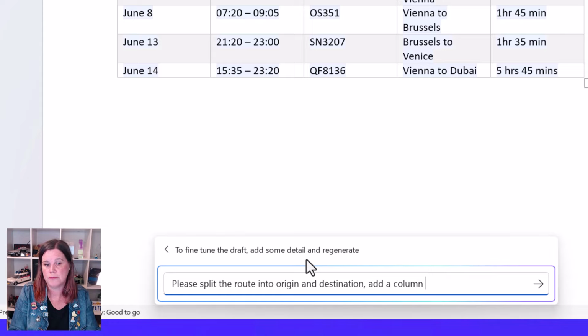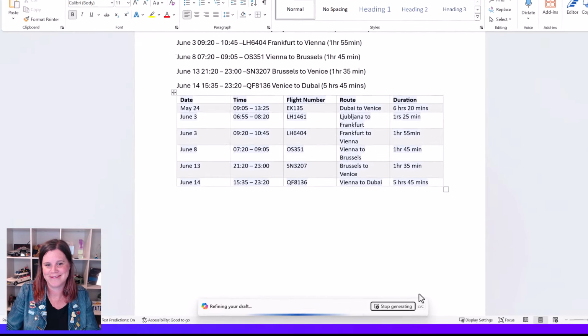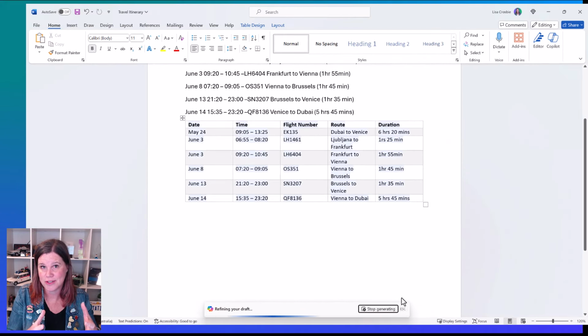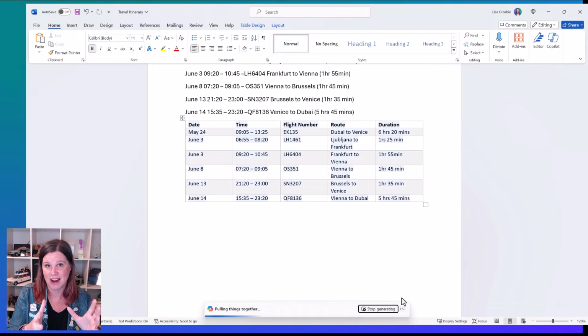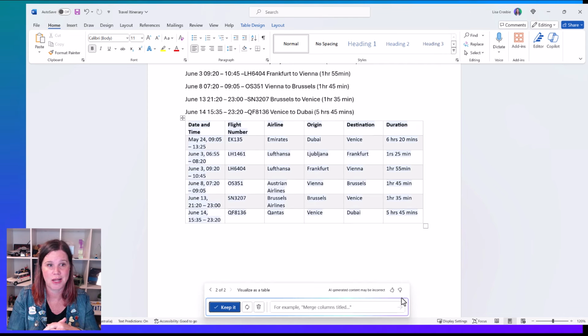Add a column for the airline that's not in the document, and combine the date and time columns. What do you reckon? The clever thing about this, because it is using generative AI, is that it's actually able to go out and figure out what the airline is. And I'm assuming it's using the flight number there because it's got the context of all of those things. It knows that QF is a Qantas flight, and it's actually able to do that. So you'll see I've given it a decent mix of airlines in there, and it has done everything I asked